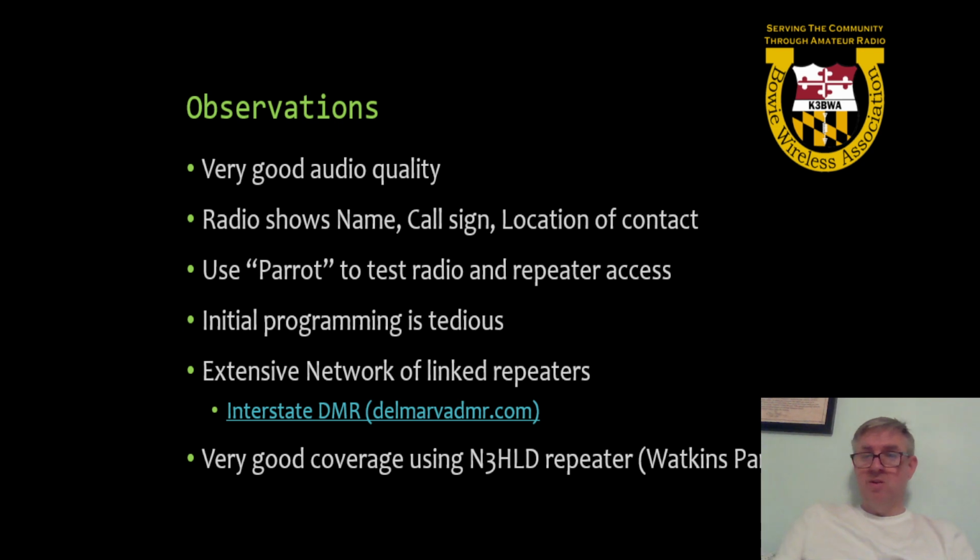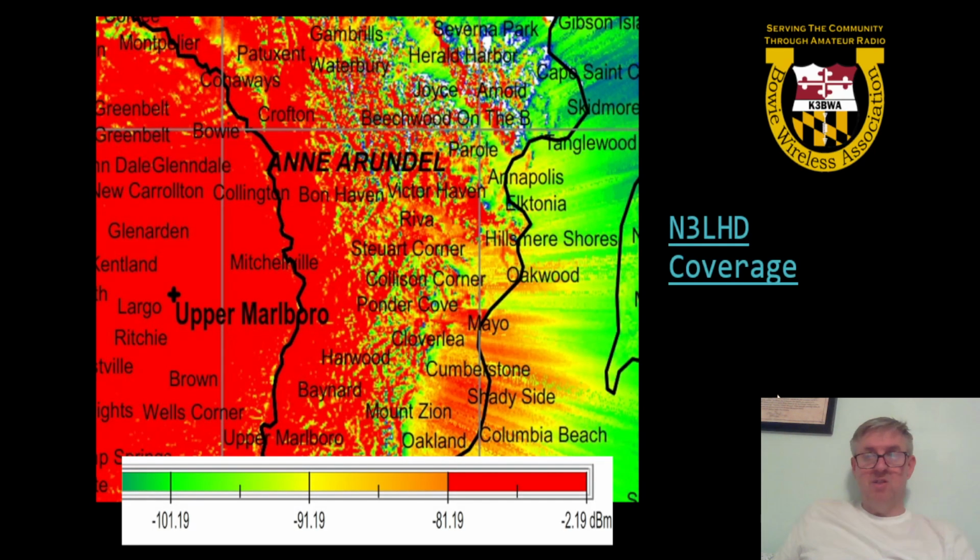There is an extensive network of linked repeaters on the interstate system, and I showed the website earlier for that. I would encourage you to go look at that and review it in more detail. And then finally, I will say that the coverage area for the local repeater closest to me is very good. So this is N3LHD's coverage area that's posted on the Delmarva DMR website. The cross symbol is where it's located in Marlboro, and the dark red is the good signal strength